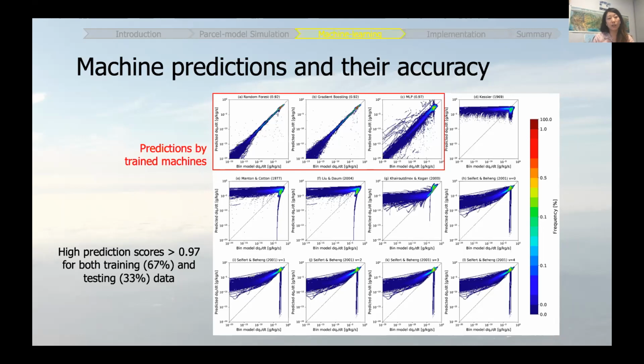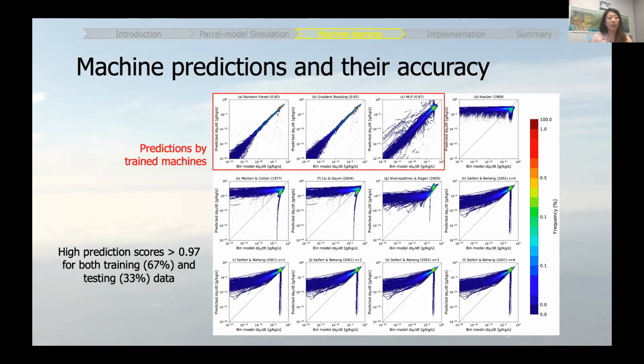So those are commonly used in weather forecasting models. And you can see that they diverge at some point from the x equals y line, meaning that they are different from what's calculated by the BIM model on the x-axis. So what we did was replace these parameterizations with this new trained machine shown in C, having the structure